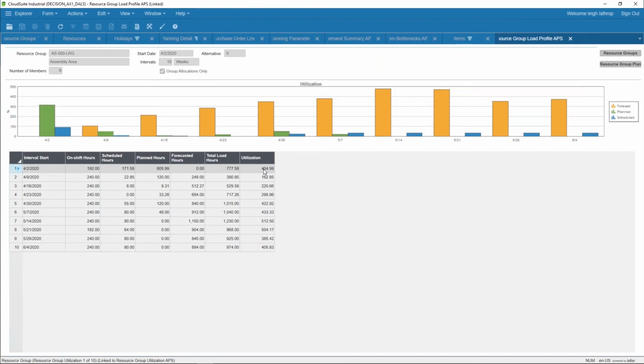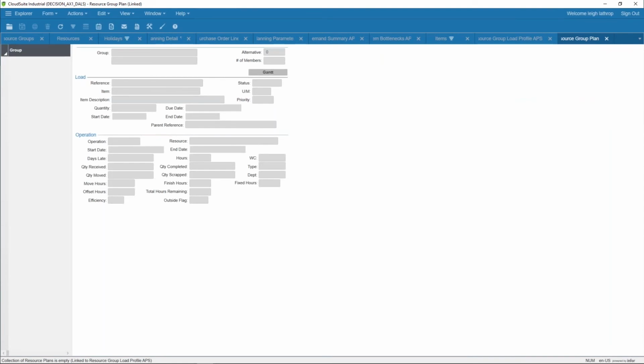So we utilize this tool set, we use it in APS. When you run APS planning, when you run APS Infinite, this functionality is resident in our tool sets today if you've got the structures set up to report on it, right? The resources aligned with resource groups and on shift hours and all of that good stuff. So it shows us this information, and when we go, oh my gosh, that's not going to happen, I need to push something out, then we go to the resource group plan, and we look at the resource group plan,